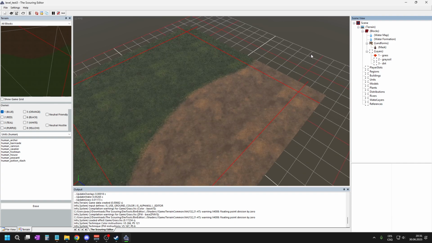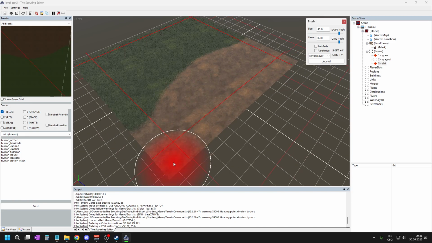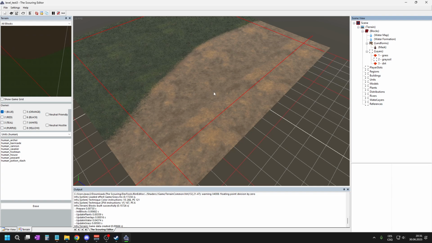We can add other things. So if I, for example, want to add some dirt, we can also do that. So I'll once again click on this, create layer map. I have the same size and everything that I chose for the brush, I just have a different layer. So this time I will draw the other side of the map with the dirt to create something different, some contrast. I will just once again click here, and now we have dirt